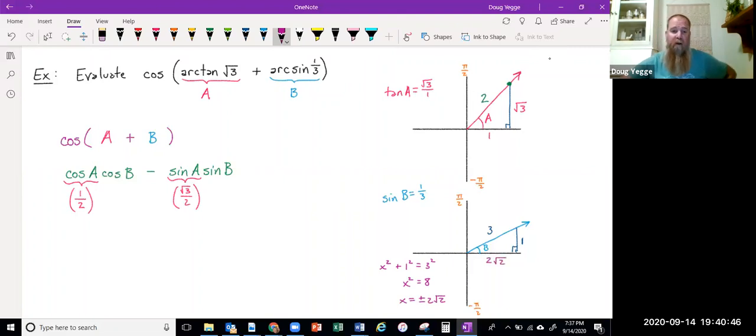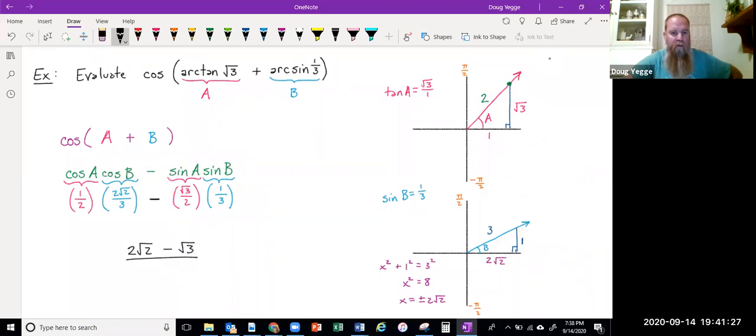And we're now ready to plug in our cosine of B and our sine of B. So now that we have our triangle involving sine and cosine, I know that cosine is adjacent over hypotenuse, while sine of B is opposite over hypotenuse. But notice we already knew that because that's how we created our triangle in the first place. We knew what sine of B was. And now the last step is to subtract. So when we subtract, we're going to get a value of 2 root 2 minus root 3